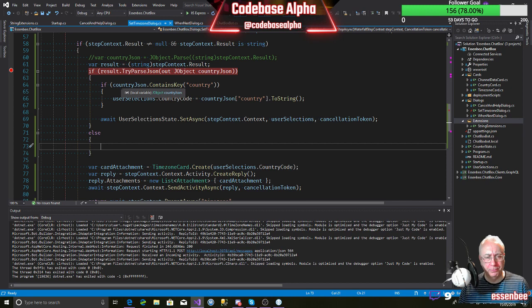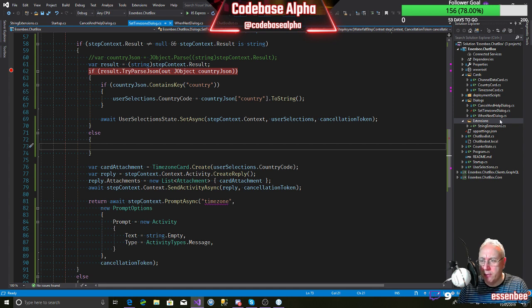Okay, so there's a couple of things we can do here. We can find out if they entered US, and we can find out if they entered Antigua or a valid country. And we should be trying to do this kind of thing because we need to allow the user to type in text as well. And if it's good text, we should use it. Okay, how are we going to do that then?